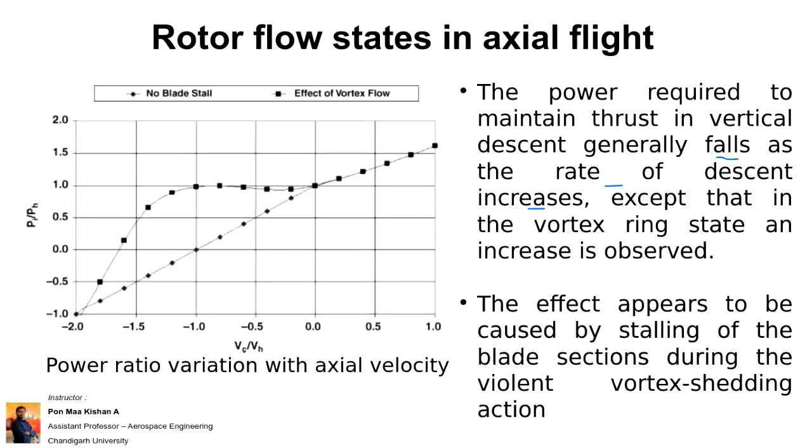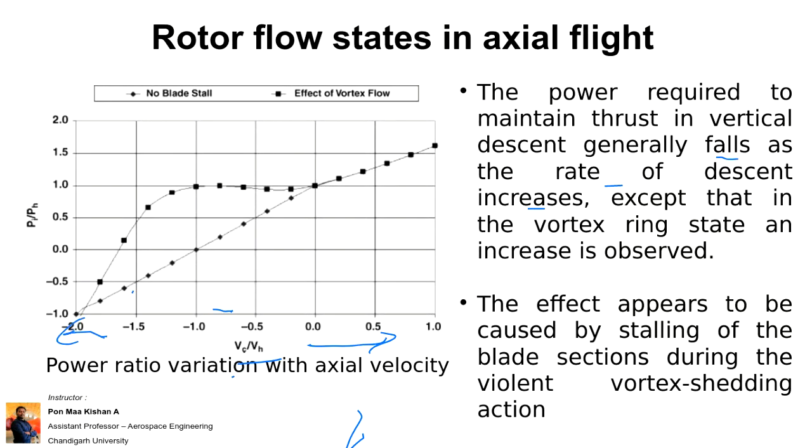If we speak about climb, if the vortex is hitting the fuselage structure, then more power is required to lift. But here, due to the pitch change, the flow is going from below to up, so the wake at the upper layer is not going to affect the performance of the helicopter. Okay. So that's why the power at the descent rate falls. Actually, it is falling as the rate of descent is increasing. Okay. So that's what is mentioned here. So when rate of descent is increasing, the power required will also drop accordingly. Okay. Right.